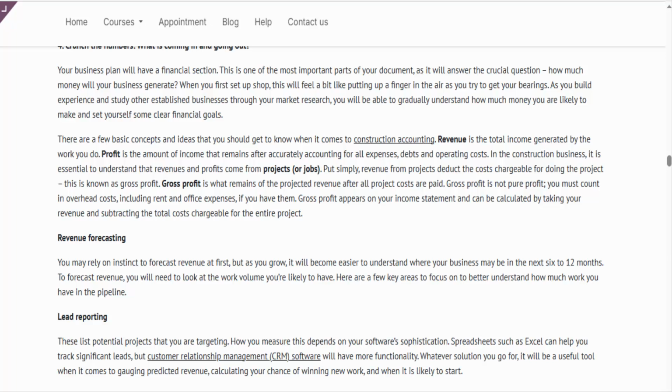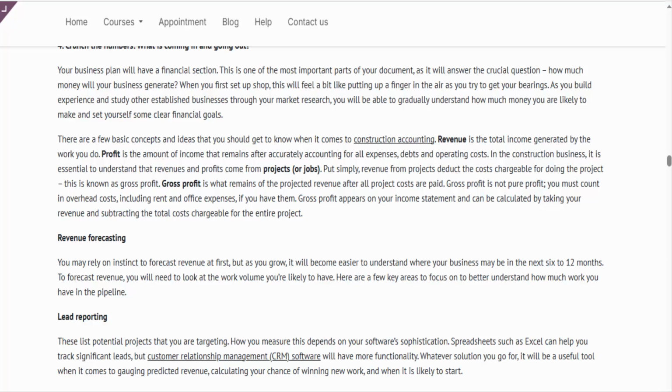There are a few basic concepts and ideas that you should get to know when it comes to construction accounting. Revenue is the total income generated by the work you do. Profit is the amount of income that remains after accurately accounting for all expenses, debts and operating costs. In the construction business, it is essential to understand that revenues and profits come from projects, or jobs. Put simply,